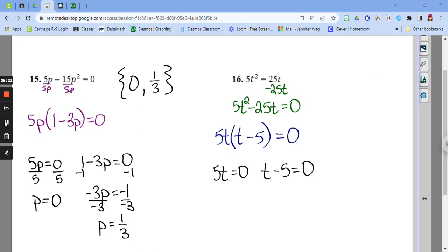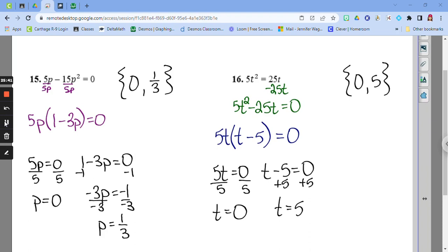Divide both sides by 5. T equals 0 on the first one. Add 5 to both sides. T equals 5. Alright,